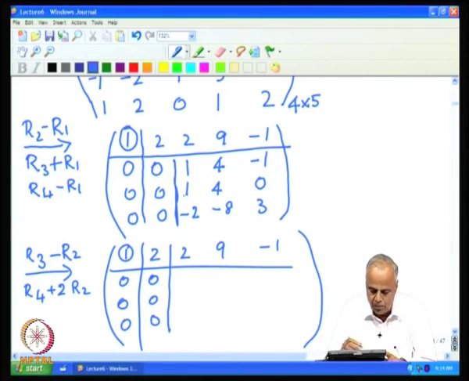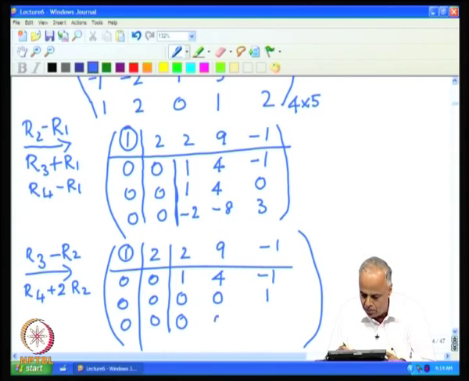From the third row we have to subtract the second row. So, the second row also remains as it is. From the third row, if we subtract the second row, we get 0 0 1. Then to the fourth row we add 2 times the second row, and we get 0 0 1. So, this completes the first column operation on the submatrix that we were looking at.